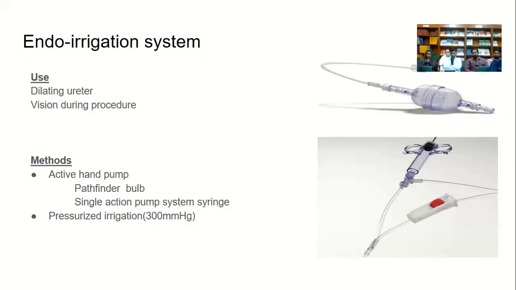In the early part of the 21st century, it was not so readily available. But now, after 20 years or so, it is available. So for our unit, things come in and they go out depending upon the economic conditions. But we have very limited experience of using the Dormia basket.